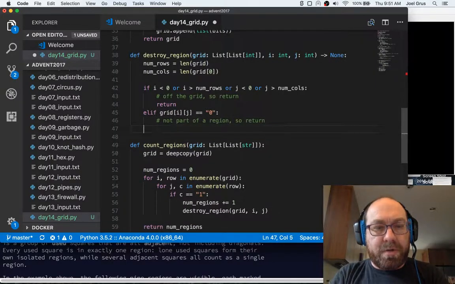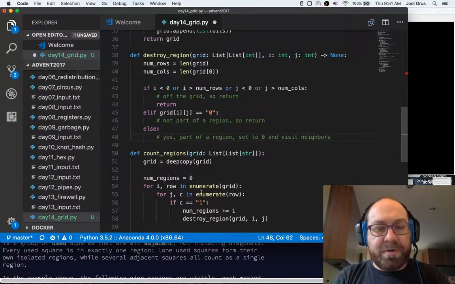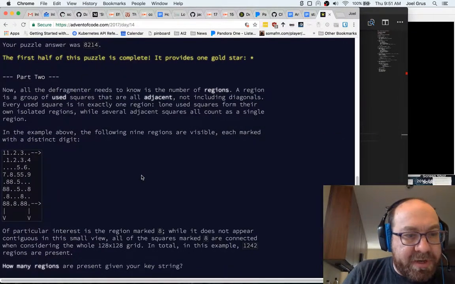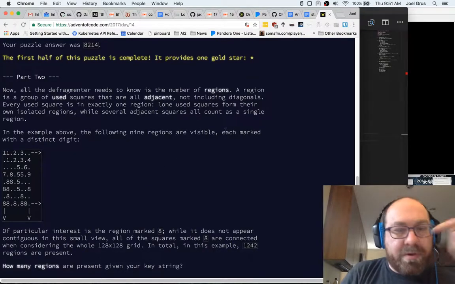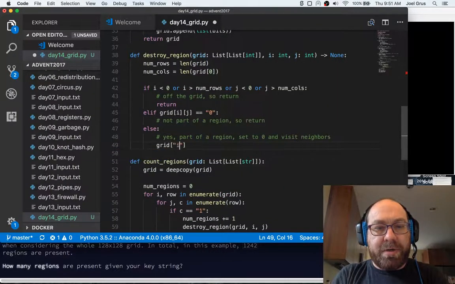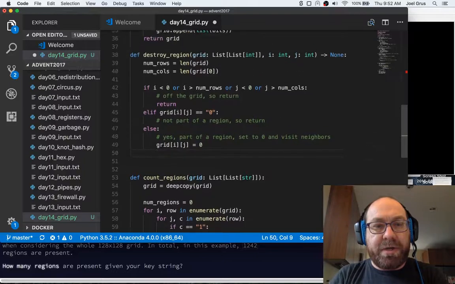And then otherwise, yes, part of a region, set to 0, and visit the neighbors. And I need to make sure that diagonals aren't included here, but I don't think diagonals are included because, yeah, this 2 is not part of the same region as 5. So I'll say grid i j equals 0, and then what I want to say is